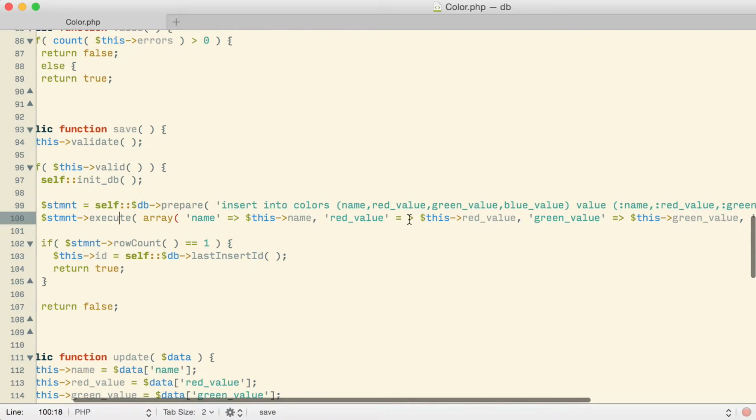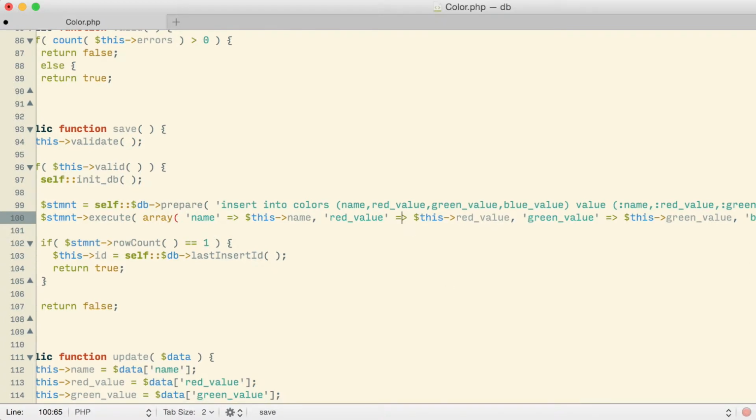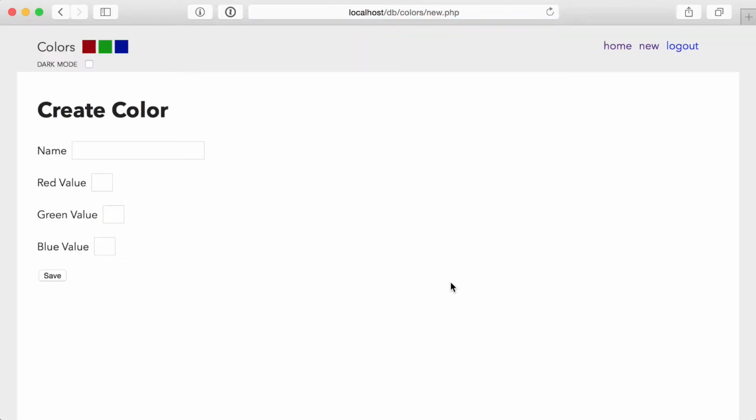Oh, look at this. I put a space right here between the equal and the greater than. That's almost surely confusing things. Let me take out that space, go back to the browser, refresh again. Yep, that's what it was, a little space between the equal and the greater than on that hash rocket operator.